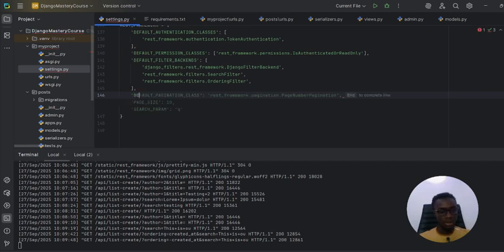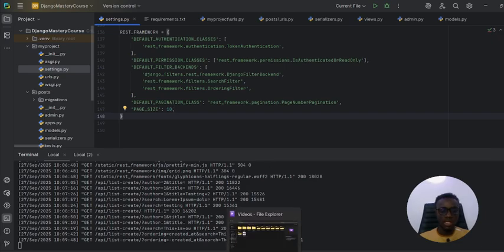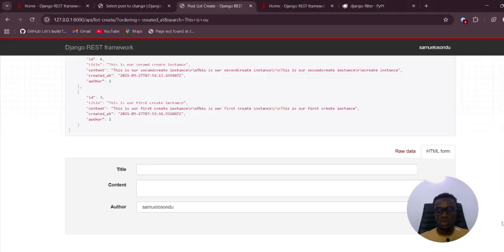default pagination class, and we have rest framework.pagination, the page number pagination. So we have a customized page size of 10, which can be edited. So when we get,